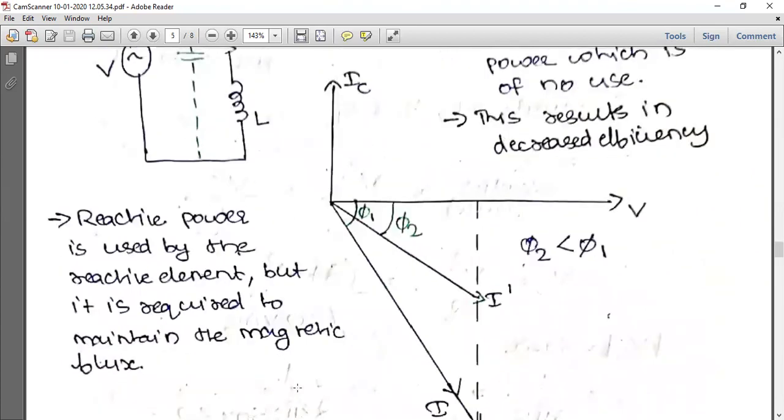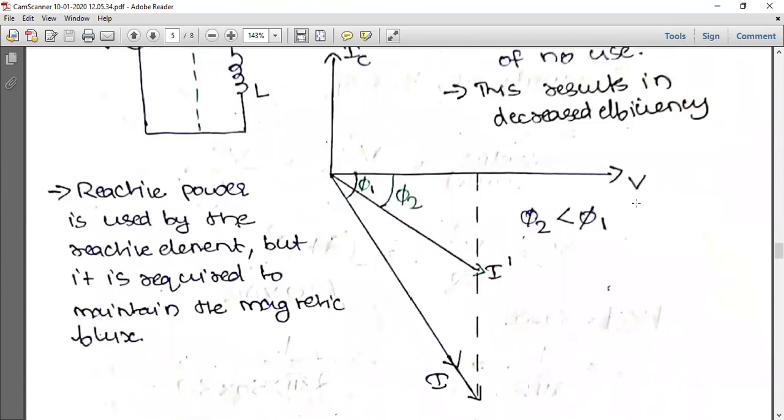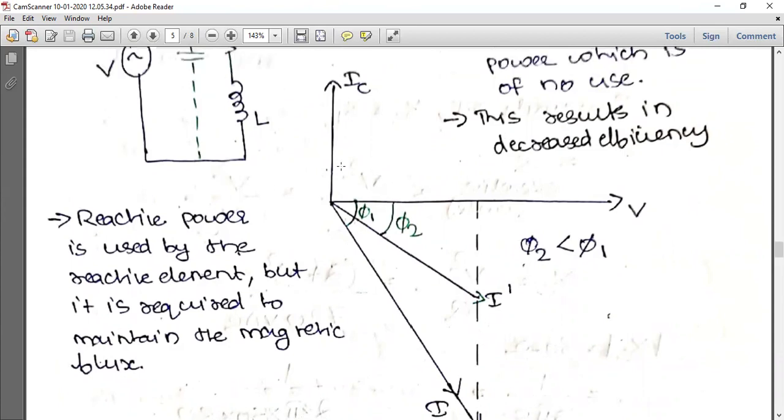So see this figure. I think I already explained this. This is the voltage, this is the current. So this is the phase angle phi1. So if you are introducing the capacitor, current IC will flow through the capacitor and that current will be leading the voltage. As a result, the resultant current will be shifted to this side, and I becomes I dash. So we have I dash sin phi, I dash cos phi. So different values will be there, and as a result, the phase difference phi is decreasing, and power factor is improved.